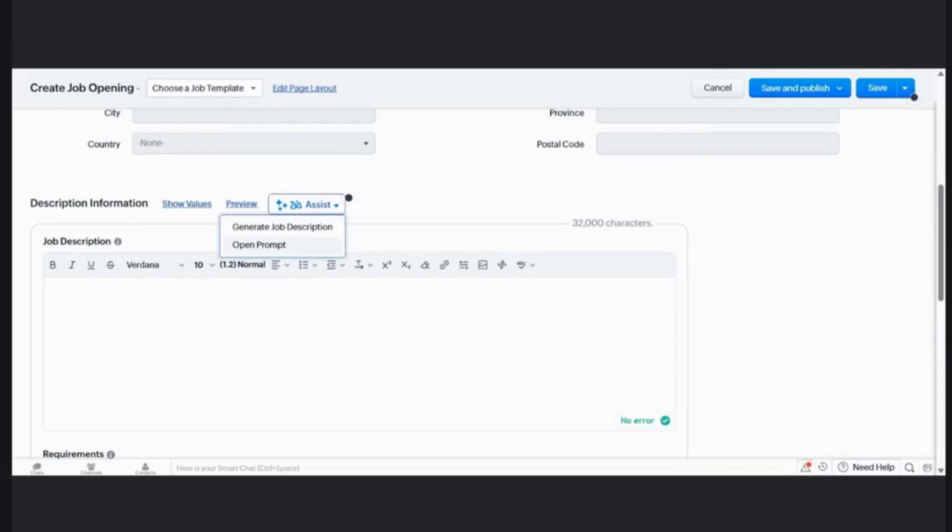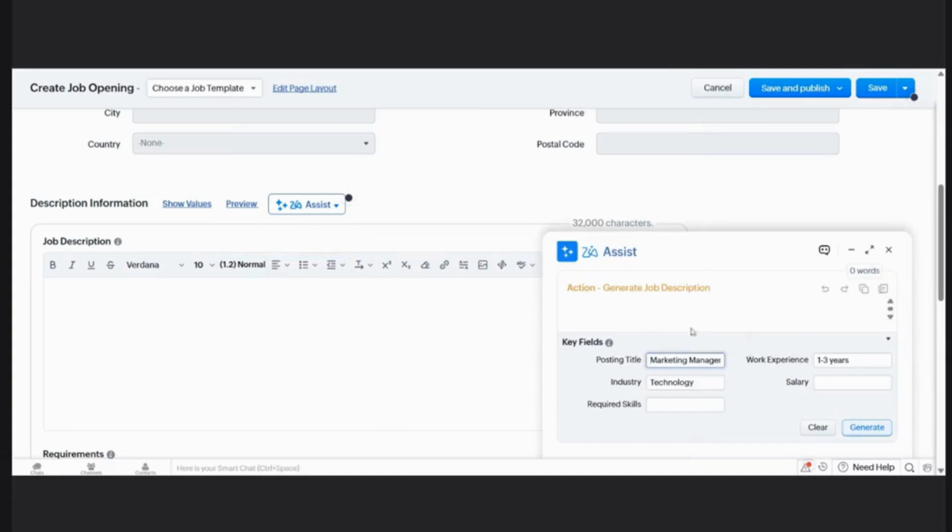Now in prompt, I can write about the things that I want. We'll try to use both the things and see which one of these will make sense for us. Okay. So let me just click on generate job description. Key fields are marketing manager. Required skills, if I want to write anything. Now,